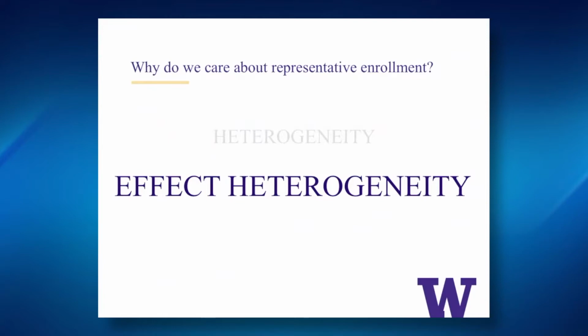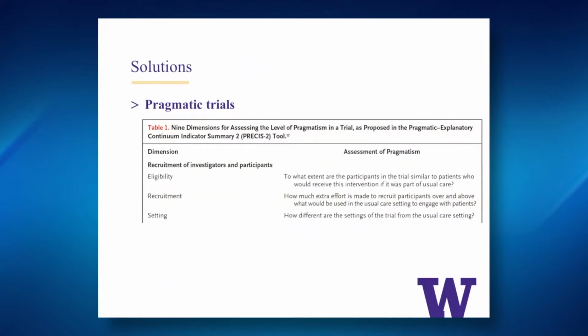So in terms of effect heterogeneity, how do we address this idea that people are different and the effects of the interventions are different, and how can we generate evidence for people who are not participating in research? Now, next, there is a lot of work being done in the last 5 years about transitioning the model